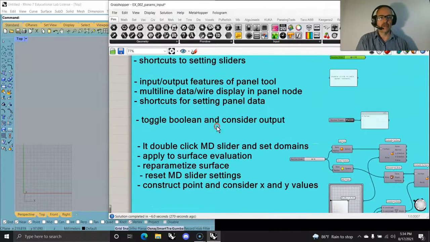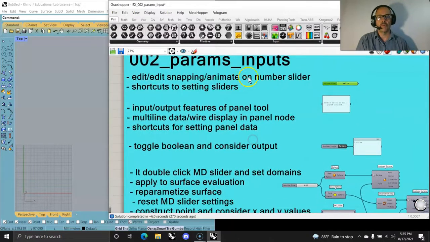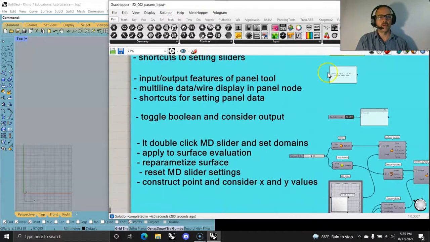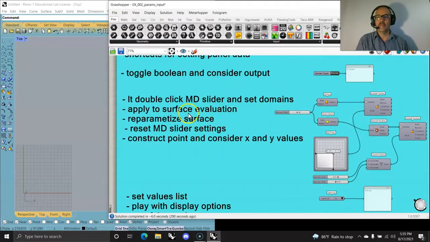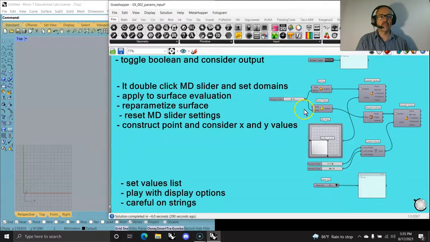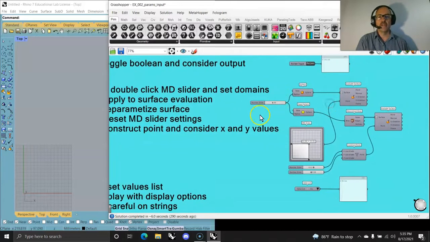I'm not going to spend too much time on the booleans, but you're going to want to know numbers and how to input them, change them from rational to integers. With certain decimal places, you're certainly going to want to learn how to use strings to the panel tool and booleans to true and false, which we'll cover in the course. Double-clicking your MD slider is pretty interesting to set domains. That's a little trick, and as you get into the inputs and start playing around with this,